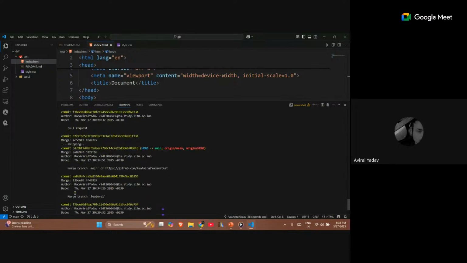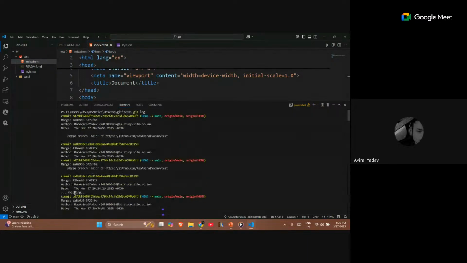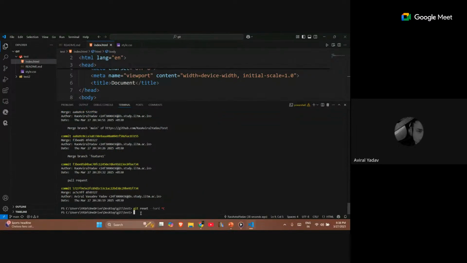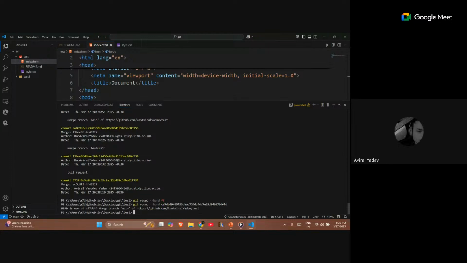For example, let me delete the latest one only, git reset --hard, and HEAD is now at the last commit on branch main. So it will already tell you which last commit you have been transferred to.